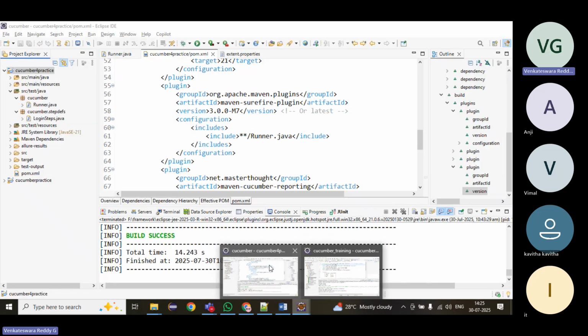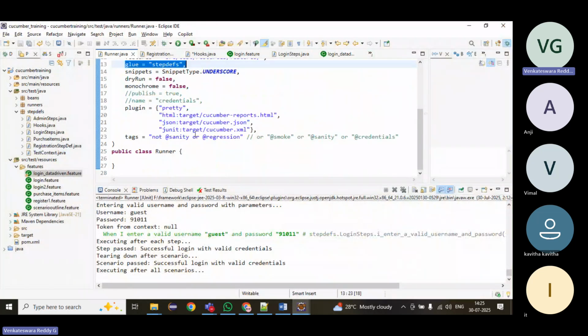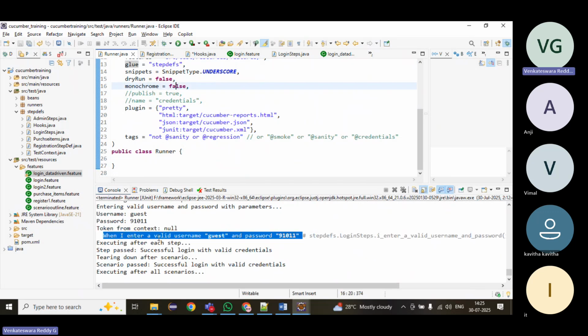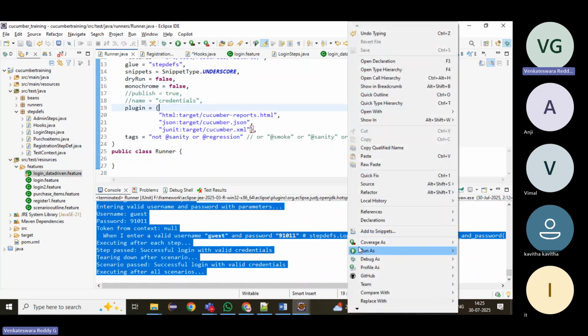We know what the Pretty plugin is. If we give the Pretty plugin, what will happen? In the console, it will show the steps in colors. If you make it false, pretty means it will show in some format. Suppose, let me remove this pretty plugin. Now, if you try to execute it,